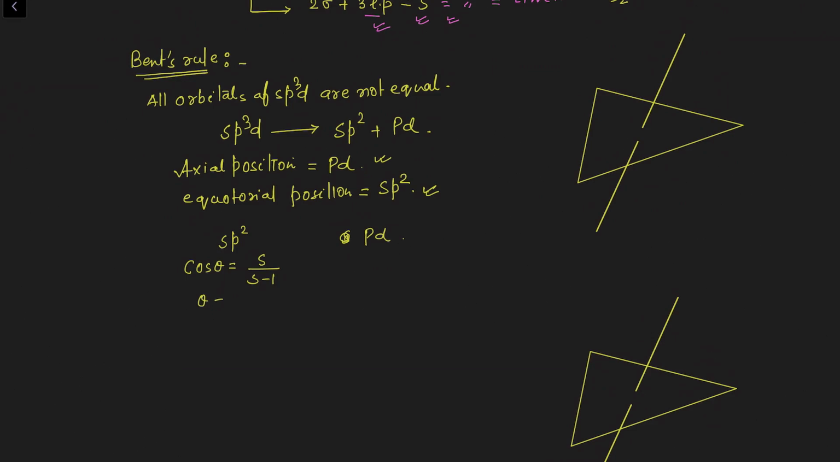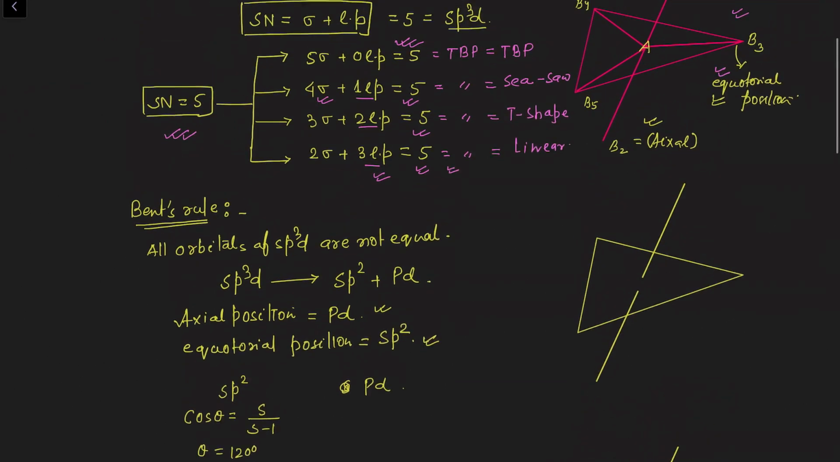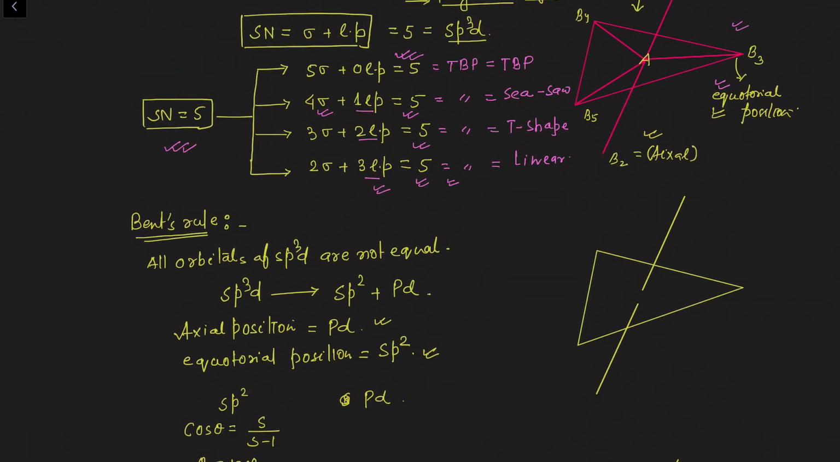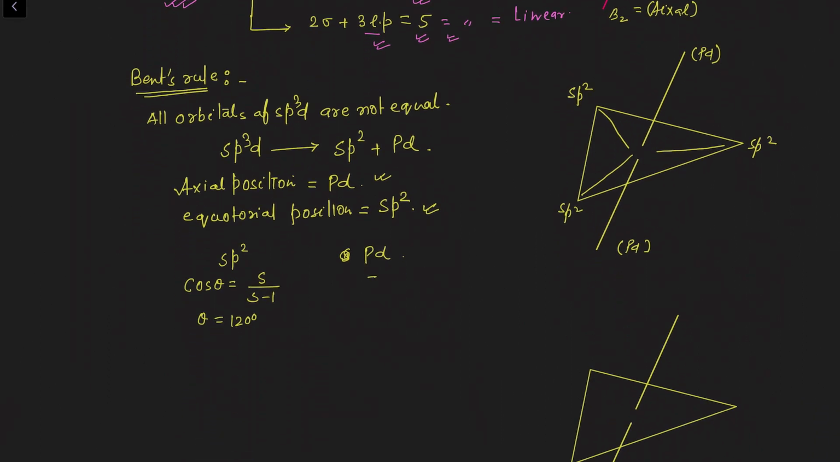So here theta will be equal to what? 120 degrees. Why? Because these orbitals are present here. So this is sp2, this is sp2, this is sp2. The sp2 set of orbitals here, here and here, and this axial orbital will be what? The pd set of orbitals. So now when you check the s character in this pd set,